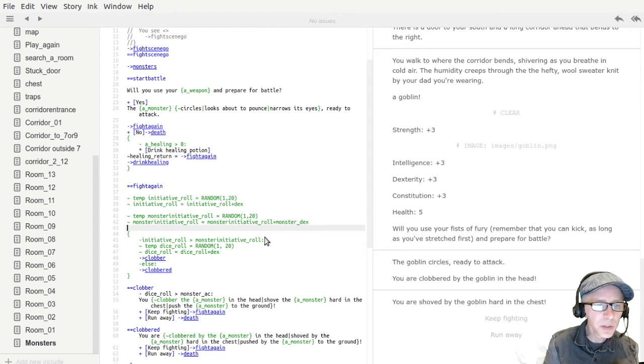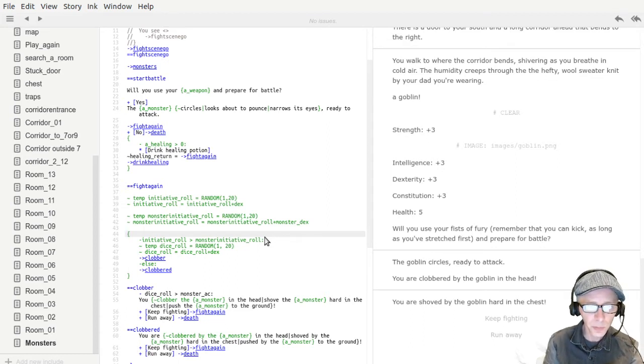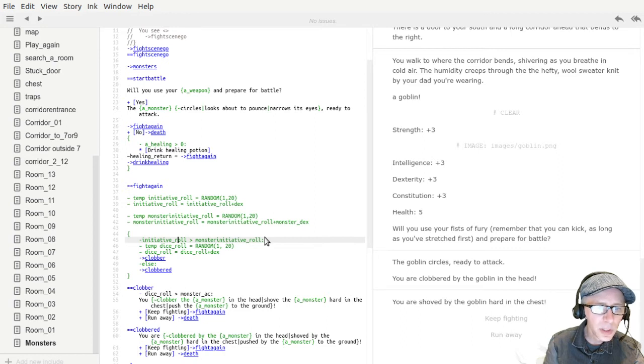So it's possible that that's what's messing it up, because now what I want is an if-this-happens-then-do-this scenario, where if our initiative roll as a player is higher than the initiative roll of the monster, then we go first. So I have the open squiggly bracket, a minus sign telling it that there's an if scenario coming up. So if initiative roll is greater than monster initiative roll, the colon, which is like your then, what I wanted to do is